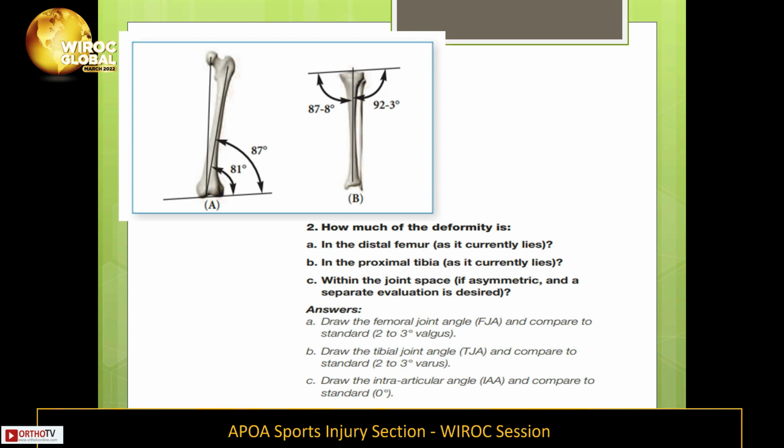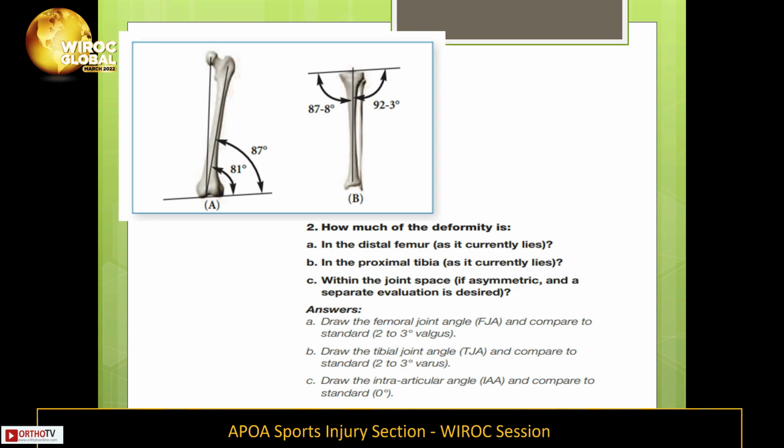As we have discussed earlier, it can be over the femoral aspect, over the tibial aspect, inside the joint, or extra-articular. So here comes the role of the femoral and tibial joint axis. So we all know that the femoral axis is 2 to 3 degrees valgus and the tibial surface is 2 to 3 degrees varus of the normal joint surface. So in order to calculate where the deformity lies, we can compare these joint angles with the comparative side or with the normal side, and we can therefore calculate the amount of varus and valgus